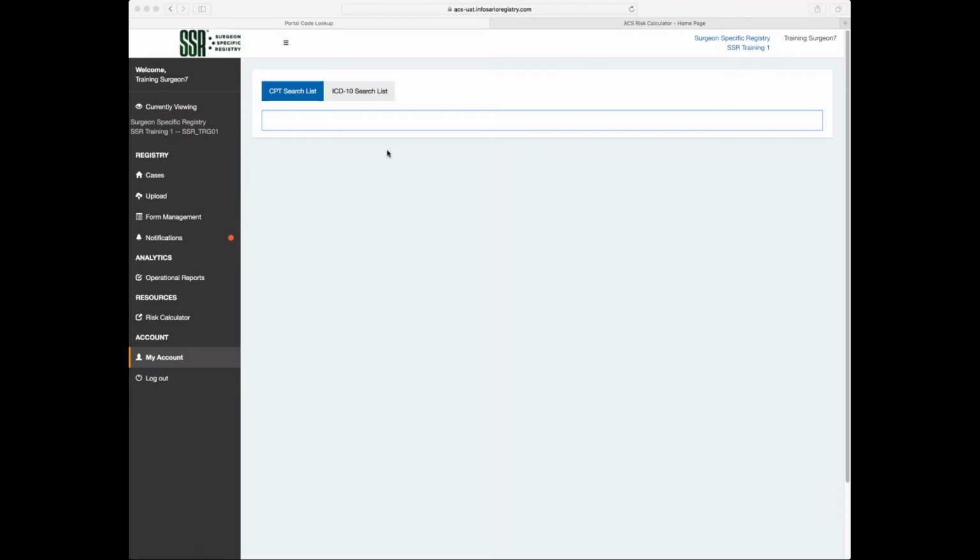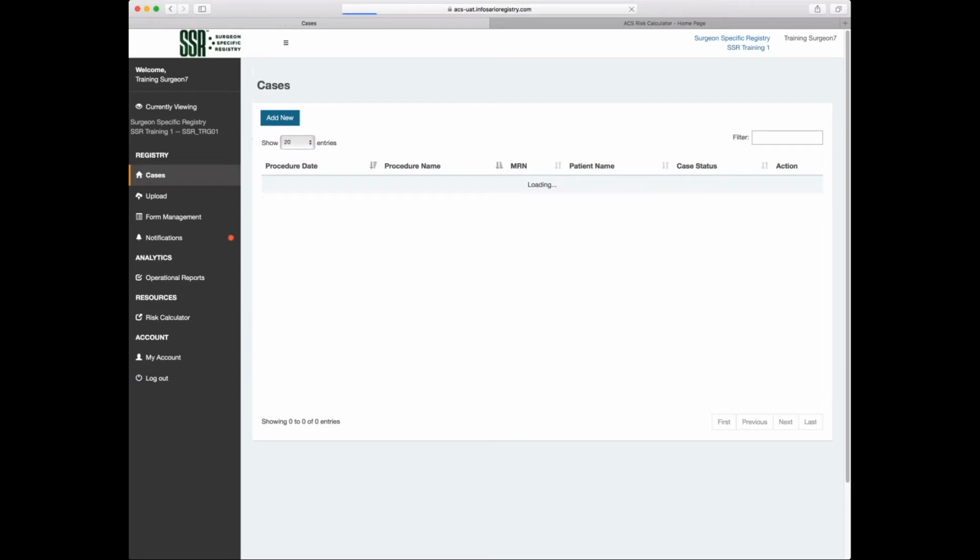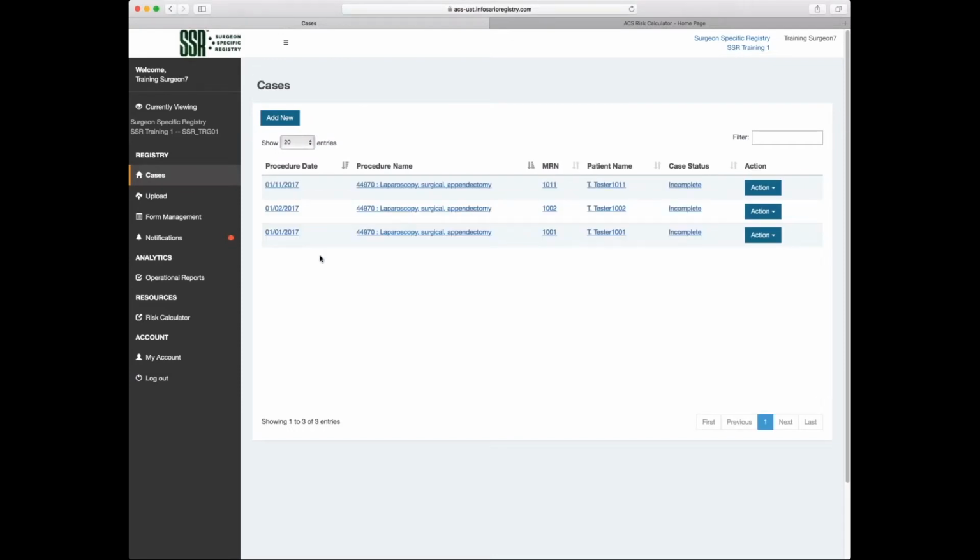Now we will show you how to navigate the SSR main page, which again is the Cases View page. To access this page, simply click on Cases in the menu. So in this account, you can see that we have a few cases in the system, and there are many ways to sort and filter your cases, whether you want to see the latest procedures you performed or are looking for incomplete cases. You can see all of these headers here,